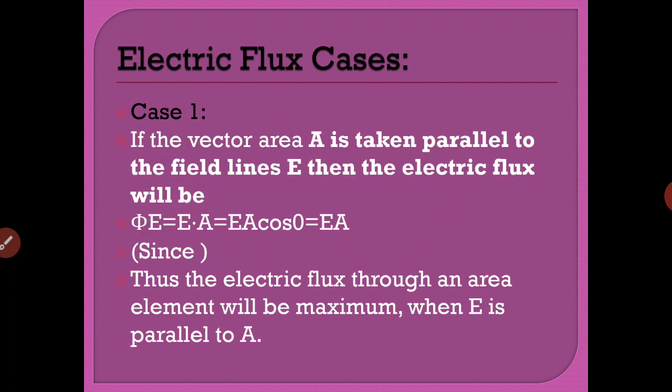Further, now we will discuss its cases: when the flux is maximum, and when the flux will be minimum or zero. When more lines are passing through a certain area, the flux will be maximum. When fewer lines are passing through the area, the flux will be minimum. But how and when will more lines pass, and how and when will fewer lines pass? So the answer is here, that if the vector area A is taken parallel to the field line,